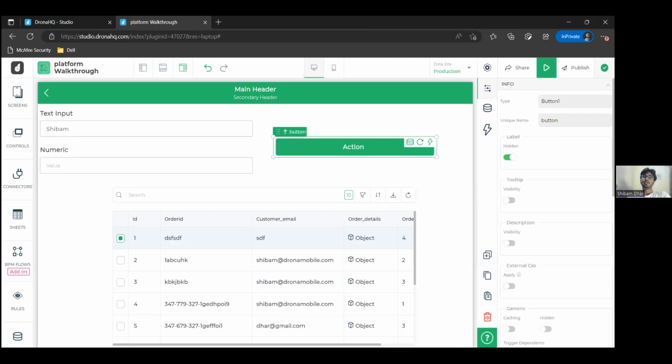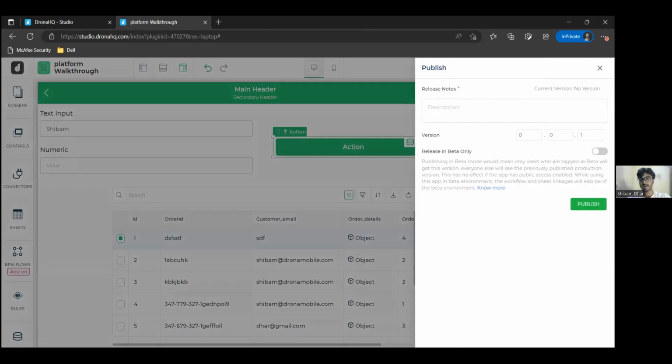Okay, now moving ahead, we have more options. First, the publish. When you click on publish, it helps you save this version of the micro app and share this particular version of the micro app also. This basically provides you a version control system for your own micro app. So in case later on you want to roll back to a previous version, you can do it with the help of checking the release note and the published version. So right now, let me just, let's say